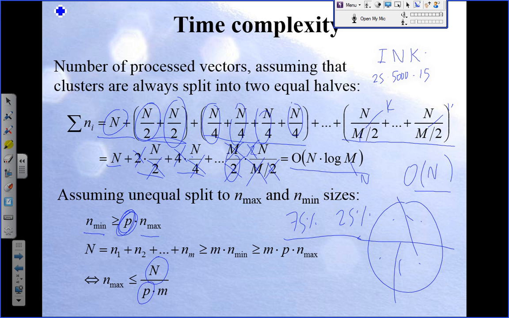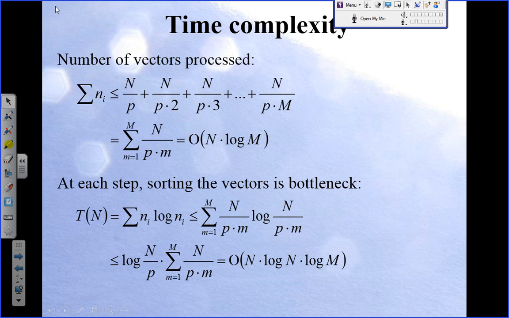So this p is just a divider. So if we have the smaller one 0.1, then it will be 1 divided by that, it will take 10 times. So yes, it has a constant factor, the increasing factor of the size. So this kind of unbalance will have an effect, but the time complexity still remains pretty much. I think the correct result here, so this was just the size of the cluster, but then here we actually apply the t here, we get blah blah blah, n log something, and then